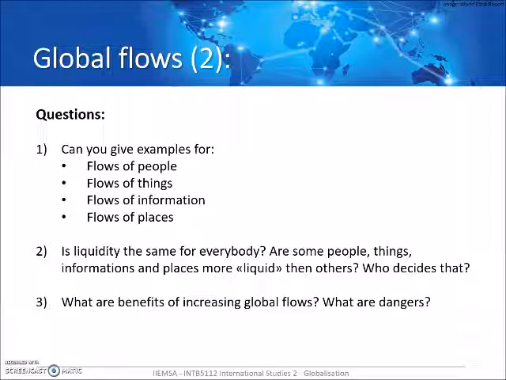There's medication that can travel the world. There are experts that can travel the world, or that can work together globally. So those are definitely benefits. Also the fact that we can consume pretty much anything. I mean, you would not have your mobile phone if it wasn't shipped from probably China. So having access to all those goods is only possible due to global flows.